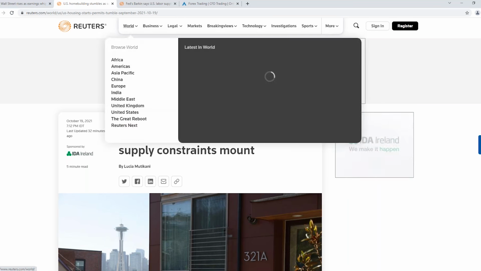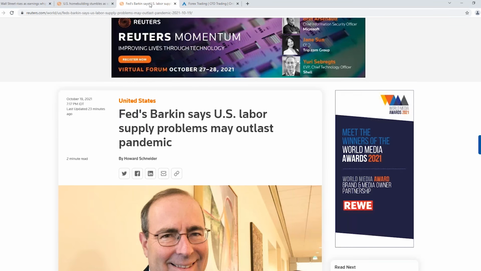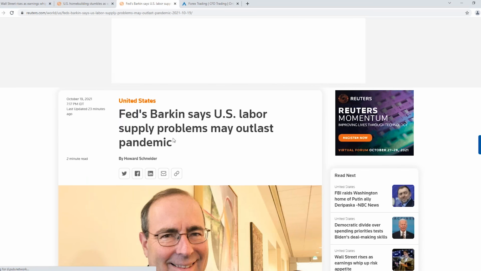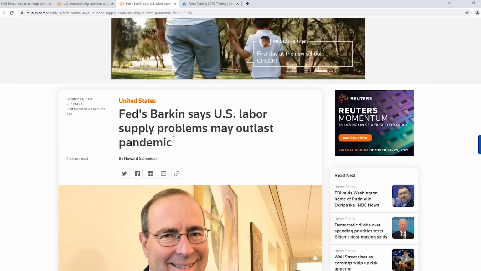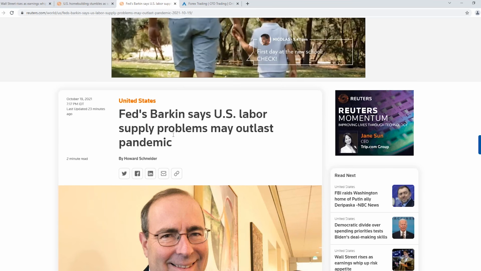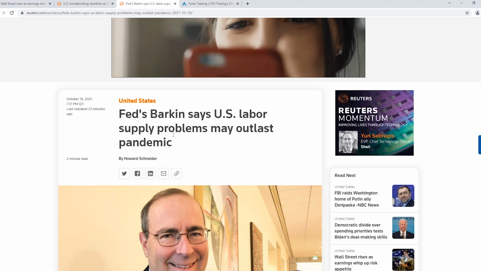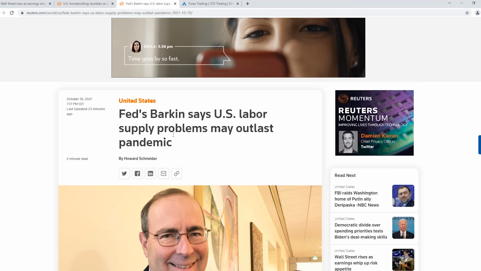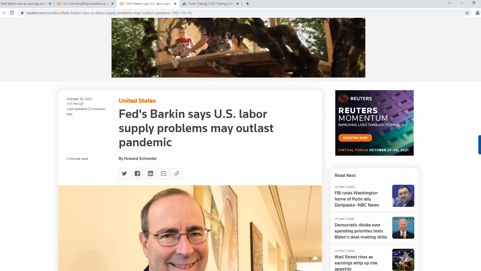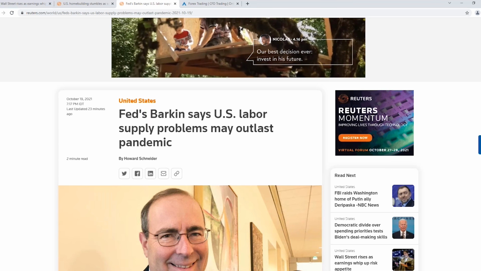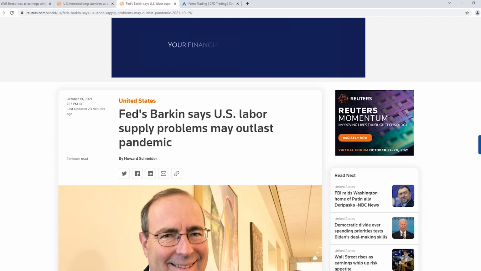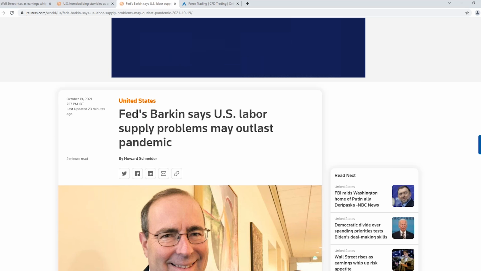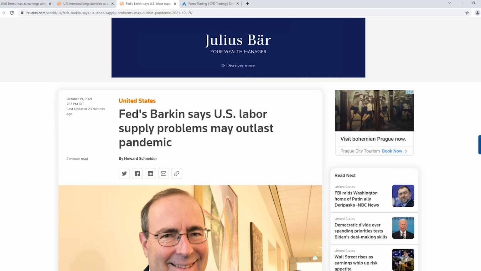Part of it is the next headline. Okay, US labor supply problems may outlast pandemic. What's a labor supply problem? In other words, there aren't enough people wanting to work. It isn't that there aren't people without jobs, but there aren't people for a lot of these jobs. The trucking industry, for one, doesn't have people lined up wanting to take those jobs. So employers are having trouble hiring people in the US specifically, and a lot of it has to do maybe